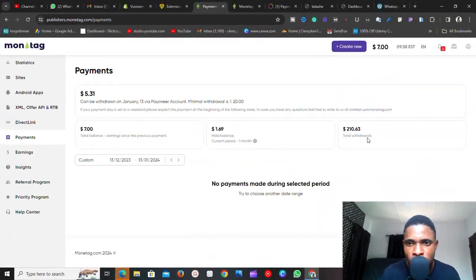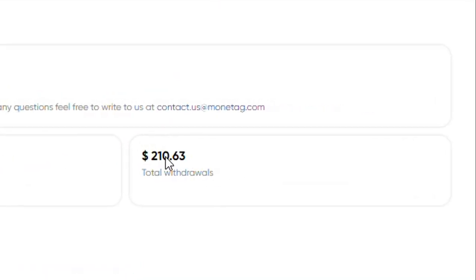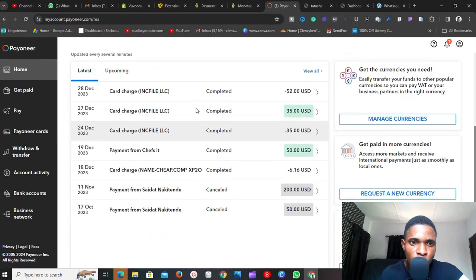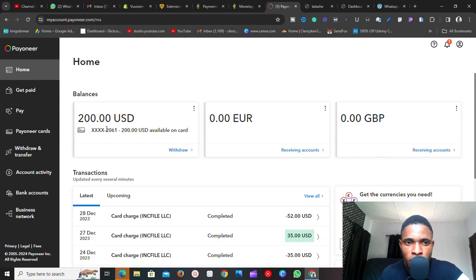Looking right here, this is my dashboard. If you look at this section, you see that I've withdrawn over $210 on this platform, guys, and I withdraw this money into my Payoneer account. Obviously this is not that money, this is just the money I have in my balance, but the withdrawn money was sent to me